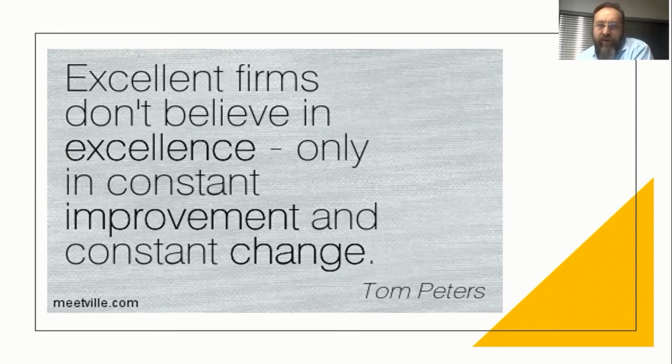When we reflect back on the history of management, in the late 80s and early 90s, we used tools like total quality management. We used business process reengineering. And business process reengineering, you'll recall, was a radical change. It basically dismantled organizations in their entirety and then would rebuild the organization. So almost the opposite of that would be what Tom Peters describes as this constant, incremental type of change,